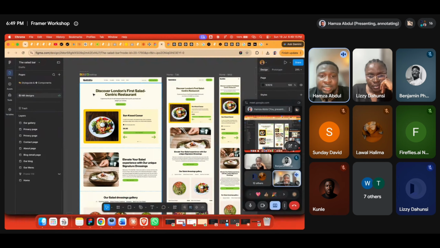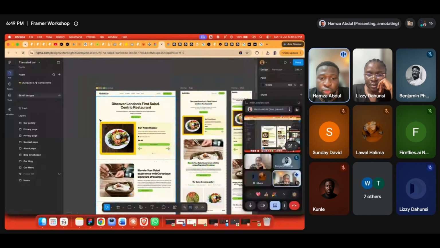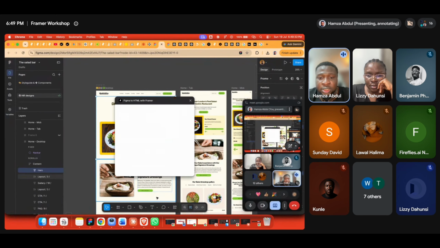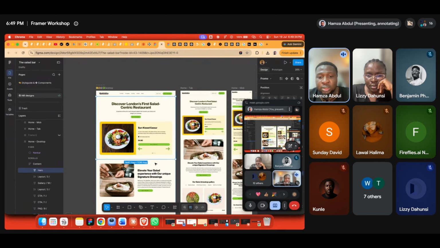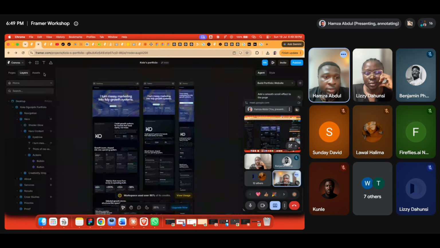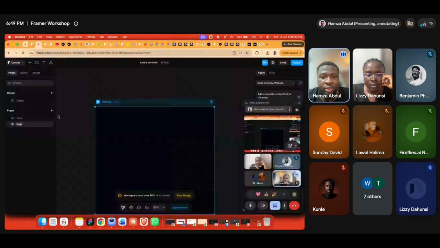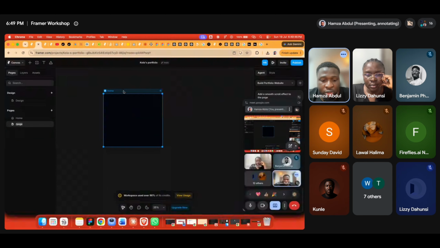I can select the entire design, but it's usually better to choose the section first, so I can do it individually. So let's click on it again. It's copying it now. So it has copied it like this. I can now go to my Framer, go to pages, and create a new page. Now I can paste this inside this new page.